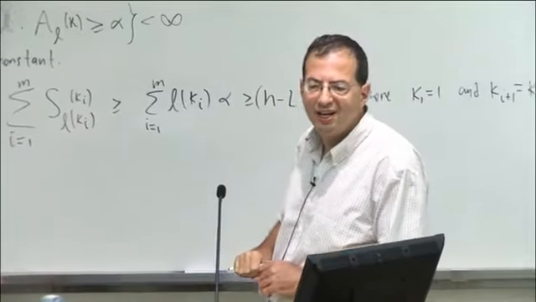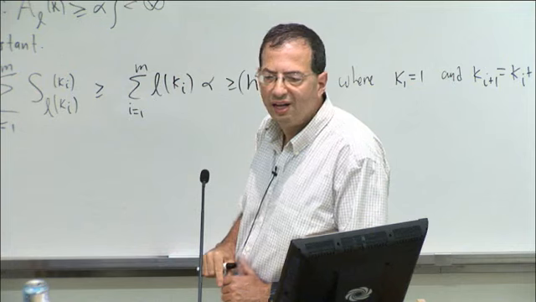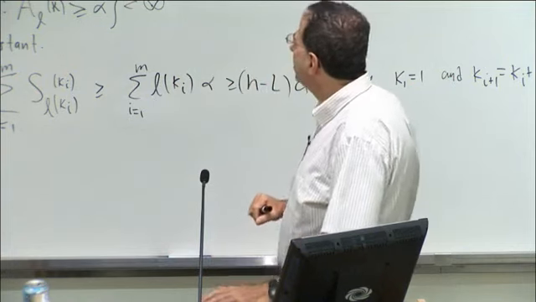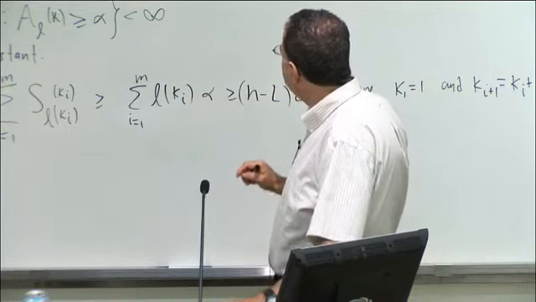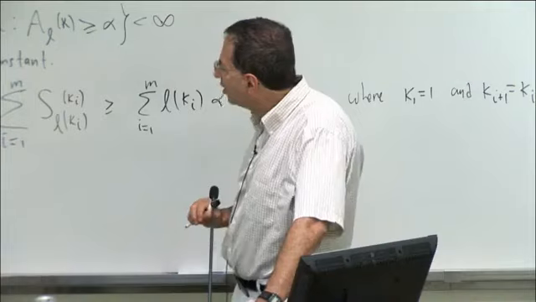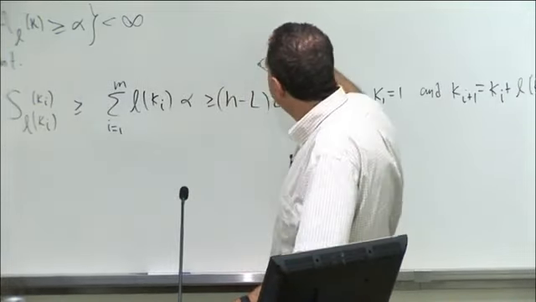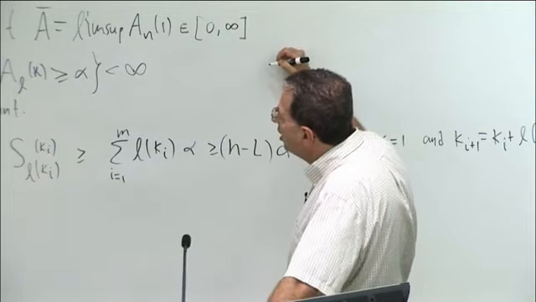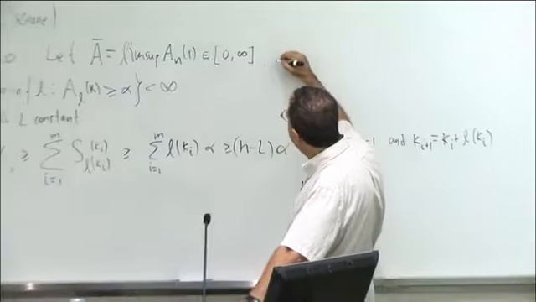So probably I should have mentioned that A bar doesn't depend on L. That it's the same lim sup for all L, and that's important. Thank you. So I should have mentioned that A bar is a constant. So A bar, this lim sup. Thanks. So maybe at this point I should have mentioned, so A bar is...